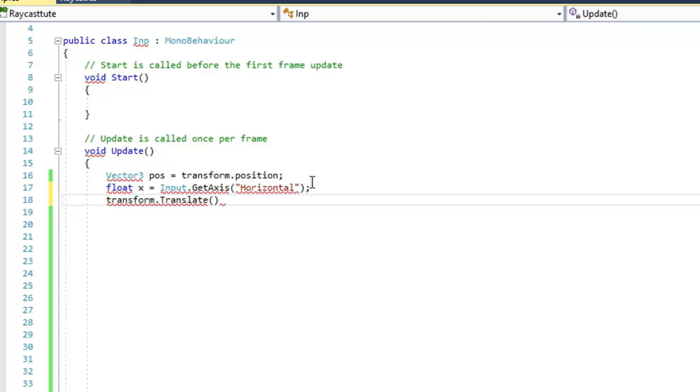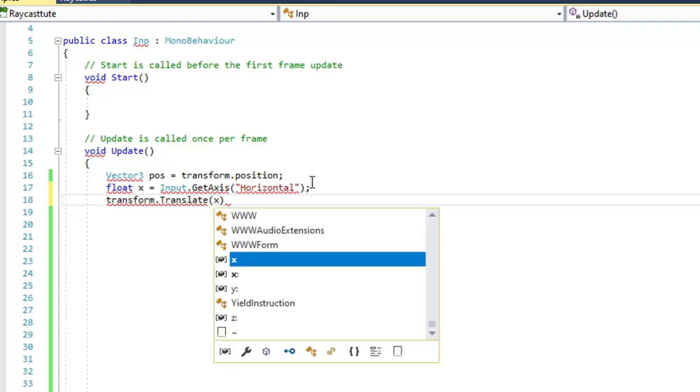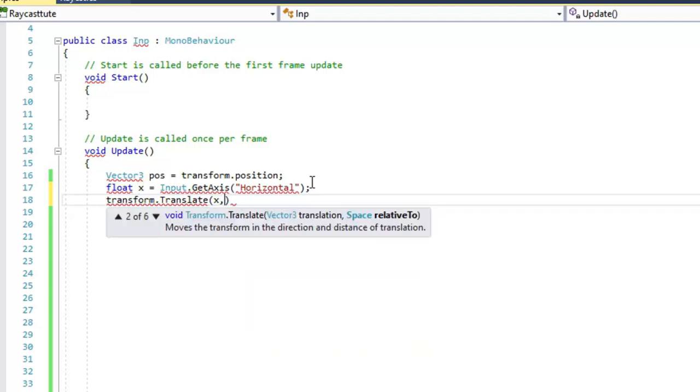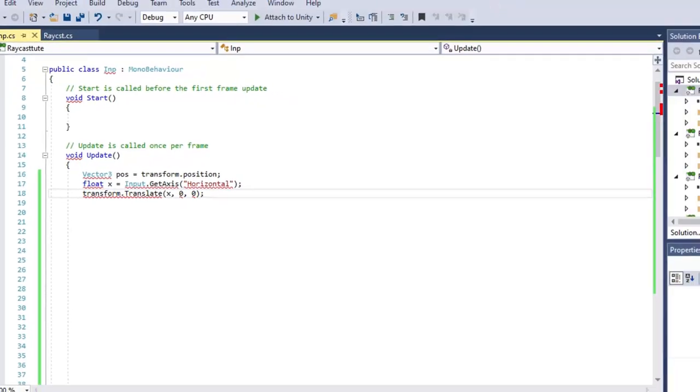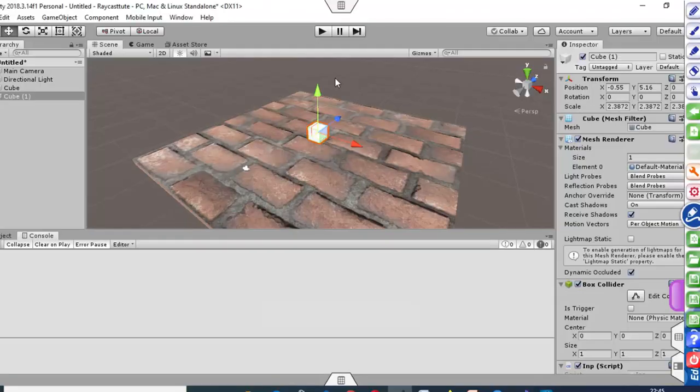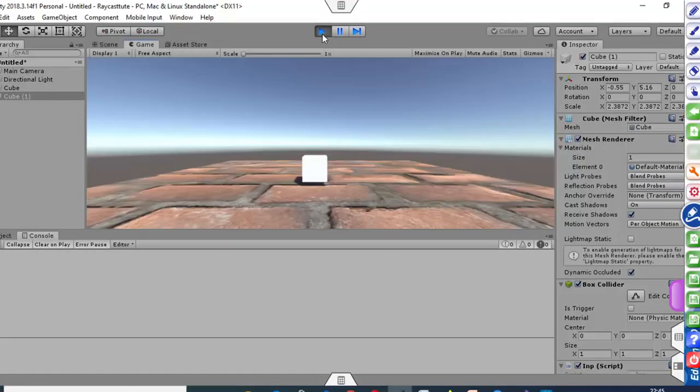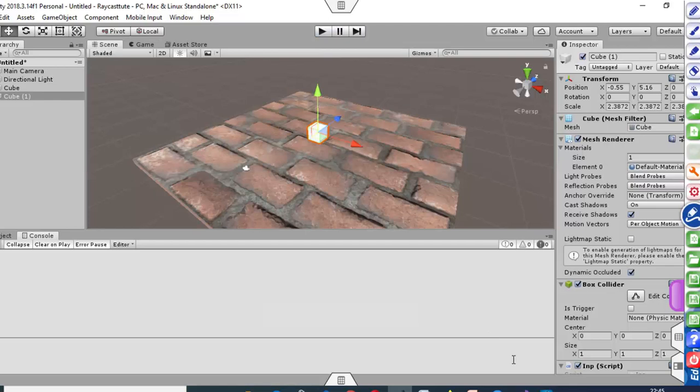I want to translate the x value with this x, and we are not considering y and z. Now I will check what is happening. Now you can see that I can use both keys, left and right arrow key, in order to provide the movement.